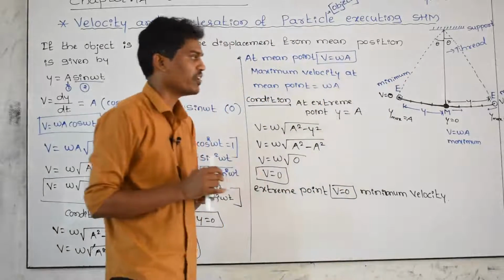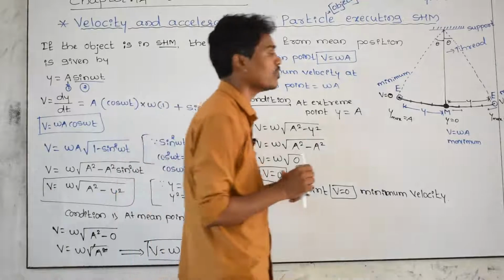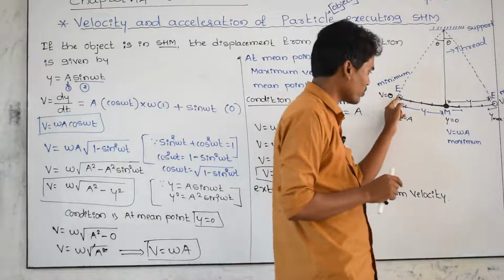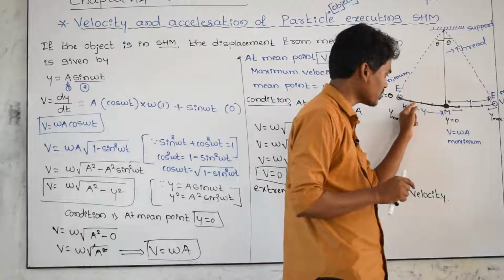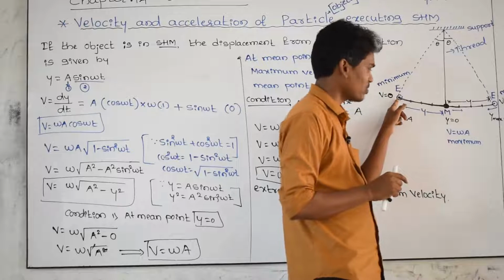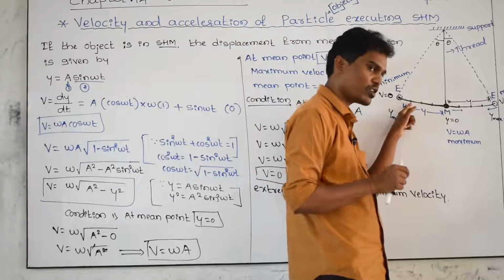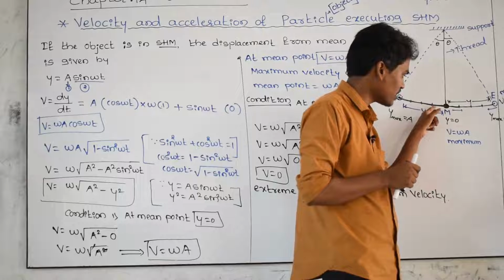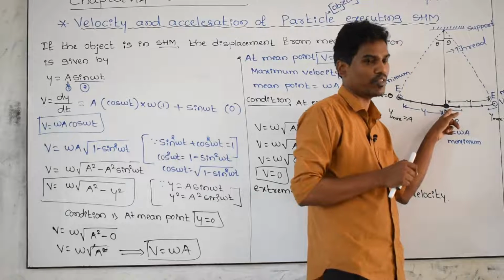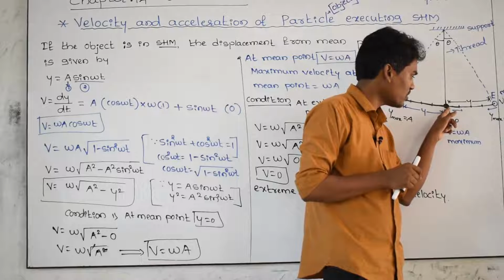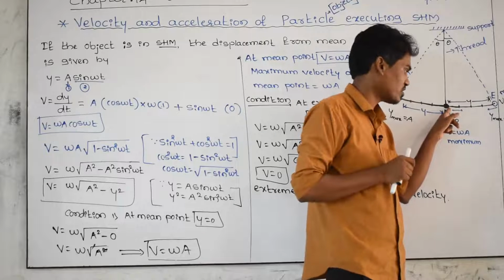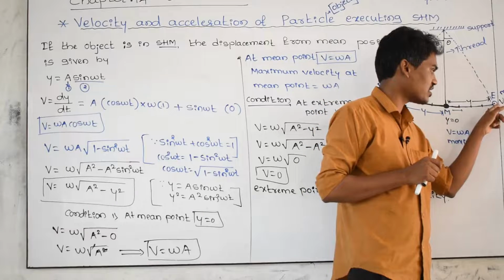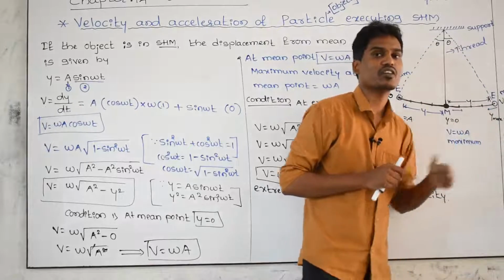And one more thing we have to discuss: the kinetic energy and potential energy. Let us imagine the object is moving from this point, and its velocity goes on increasing. At this point velocity is maximum, and now the object is coming to this point, velocity increases a bit, and again increases, and again velocity becomes maximum. Once the object crosses the mean position, velocity goes on decreasing. When the object reaches this point, velocity again becomes maximum.